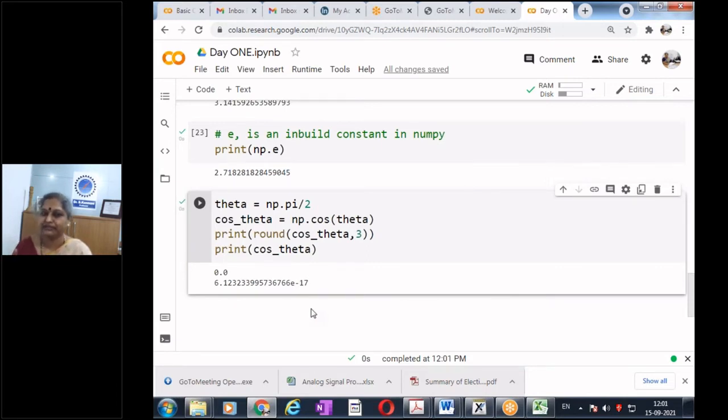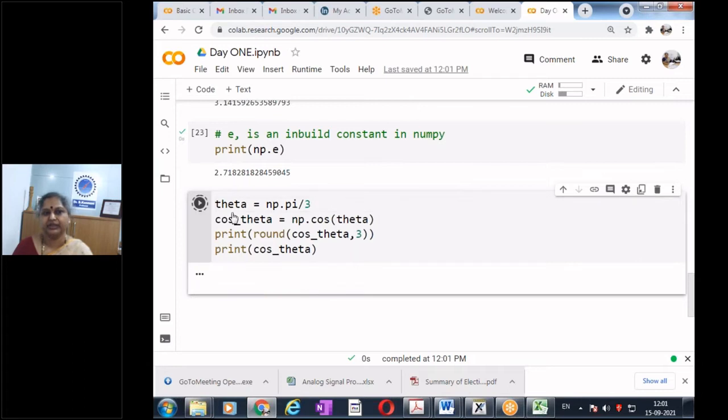We know that cos pi by 2 is 0. So the answer is 0, and if you round it, then you will get 0. Something to the power of minus 17 is almost a 0. So put, let us say, cos pi by 3.